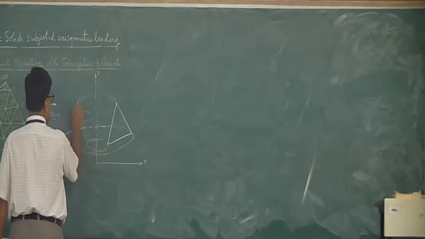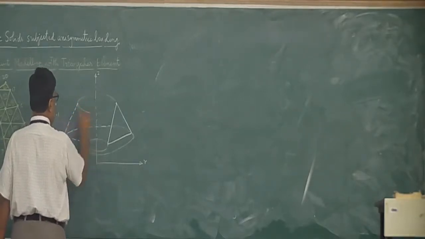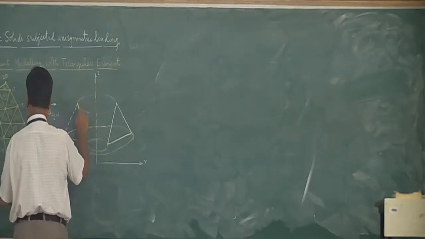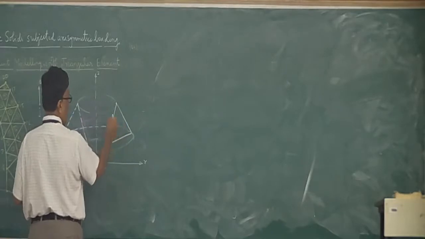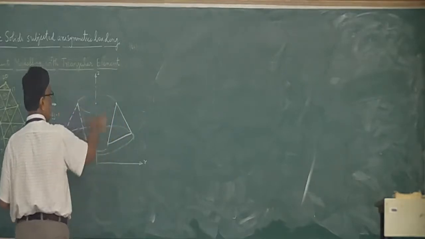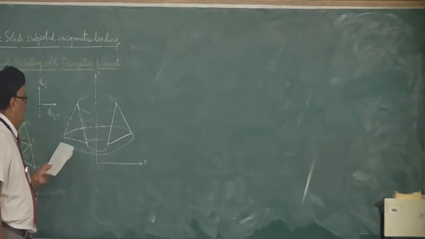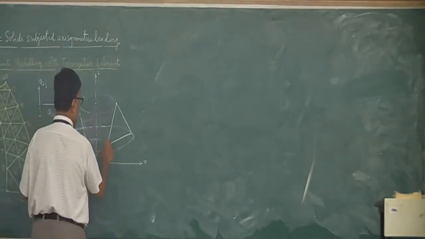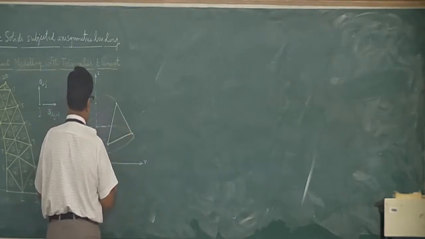I can write it here now. This is again the same thing. It has been taken here. What I would like to tell you here is, though it is a triangular element, when it is rotated about the z-axis, it will form a ring-shaped object, you can call it. So therefore, as far as this is concerned,